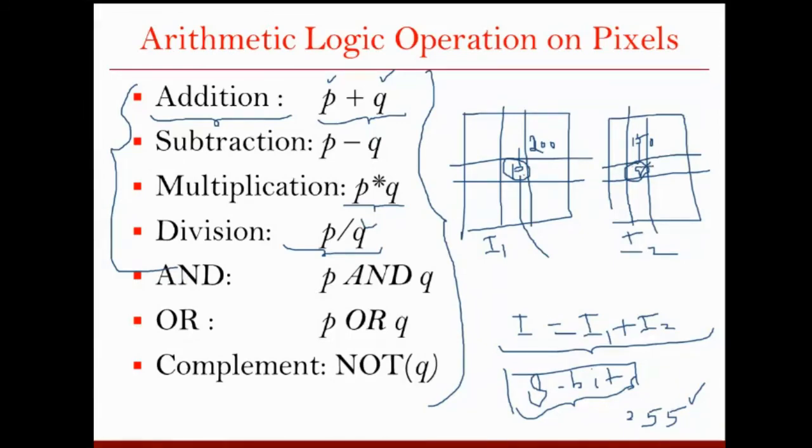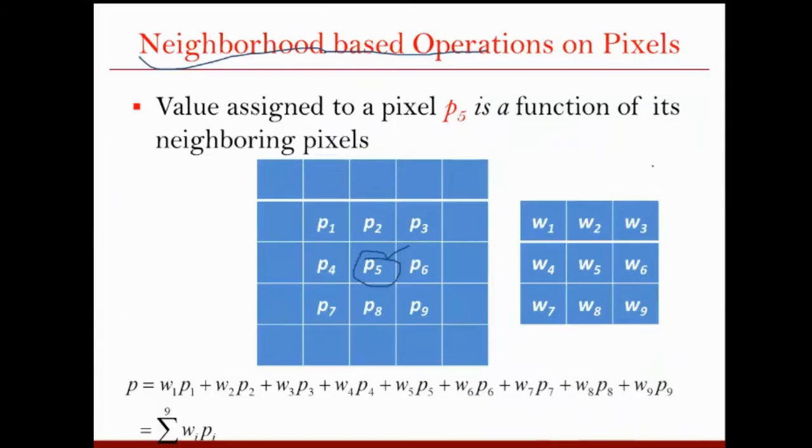Only one value. But in this case, we are not considering only 50, 50, but we are also considering the area surrounding that 50, 50 pixel, right? Now, how much area you are considering will vary from application to application. But let us say, for a simple example, we are considering the immediate neighbors.